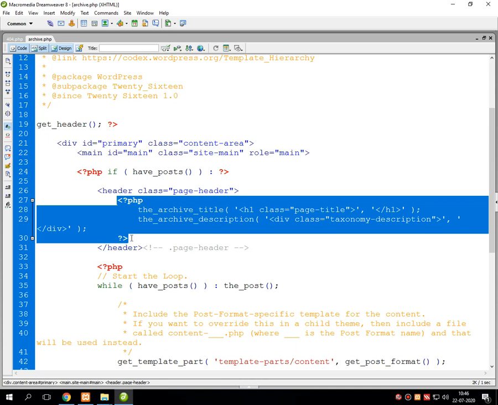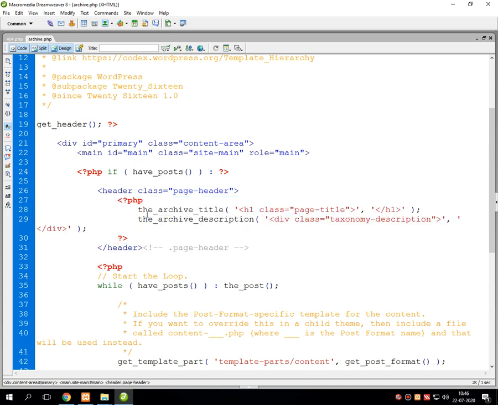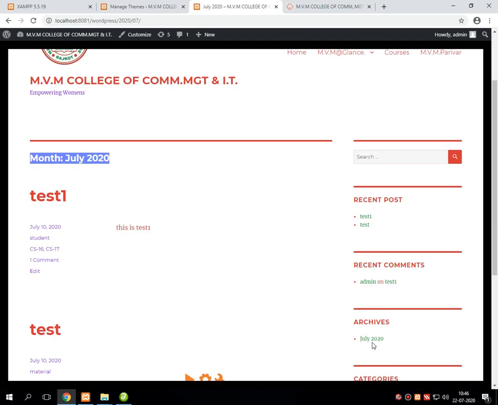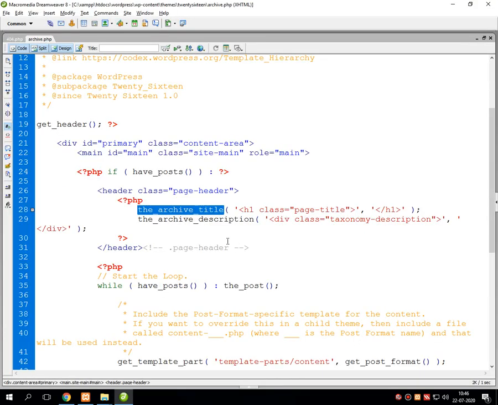In the further lines of code, in the PHP section, first it displays the title of the archive. For that there is an inbuilt function, the underscore archive underscore title, in h1, that is the page title, and then the completion of the h1 title.